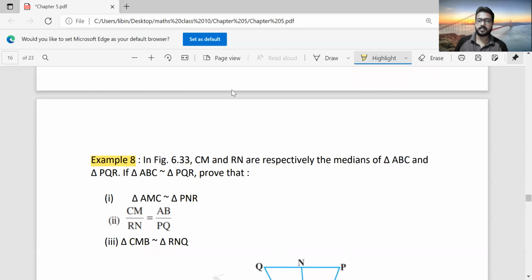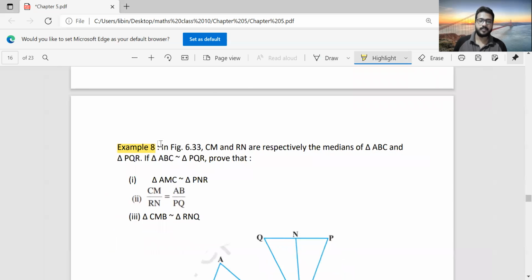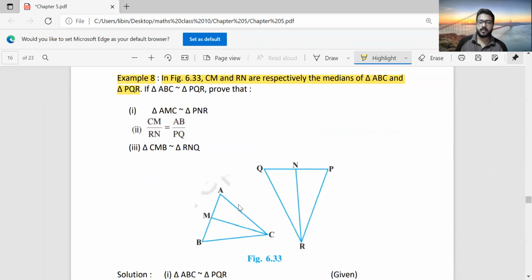Example 8. In figure 6.33, first of all, look at that figure. CM and RN are respectively the medians of triangle ABC and triangle PQR. So what are they given? CM and RN are the medians of triangle ABC and triangle PQR. Now you are already given if triangle ABC is similar to triangle PQR, then we want to prove that